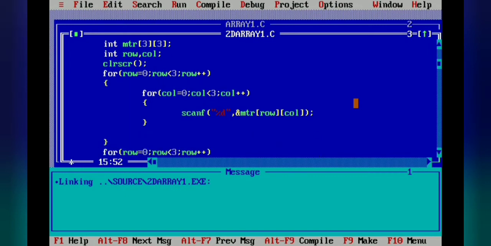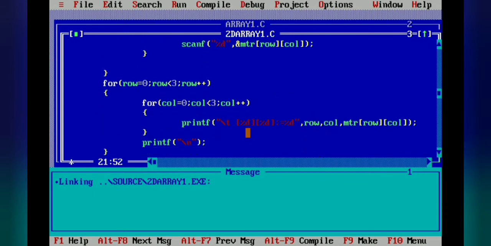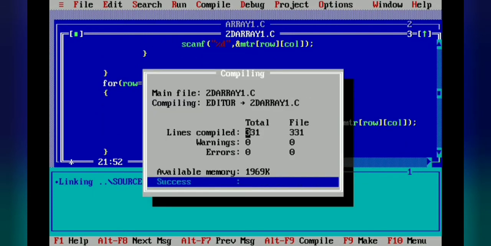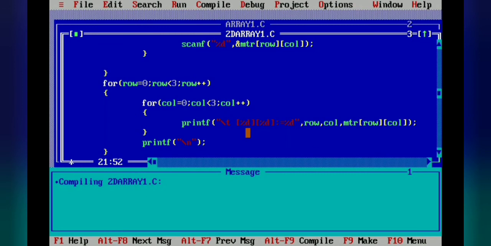So instead of the static value, now we will get the value from the user, and whatever value we get from the user will be stored in this matrix variable, and in the next printf statement that value only we are printing. So now we will check with Alt F9, no mistakes are there. Now Control F9. Here we have to enter the 9 values.